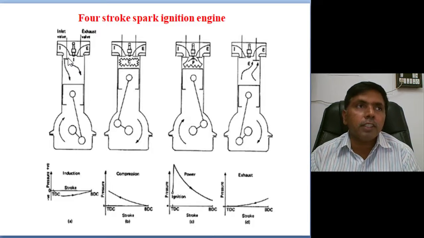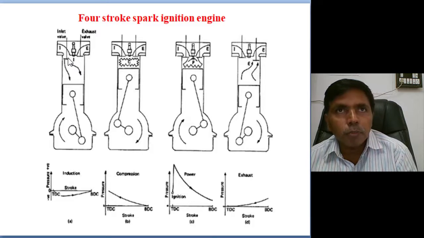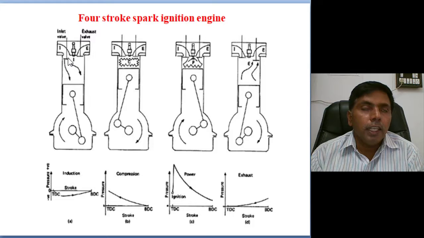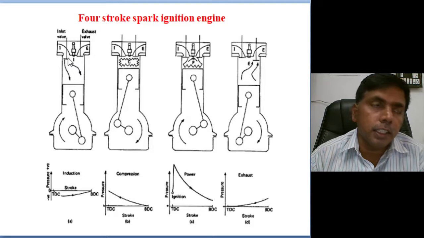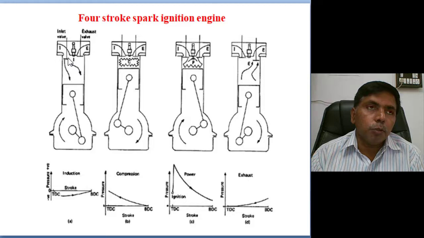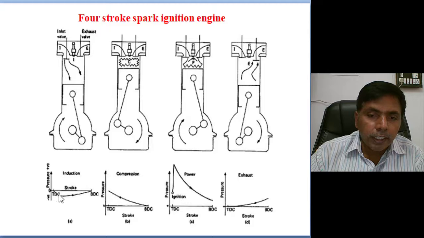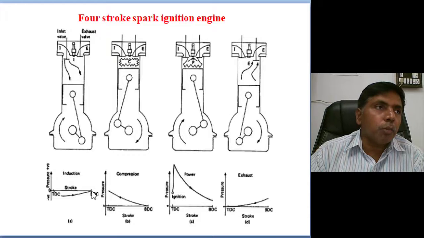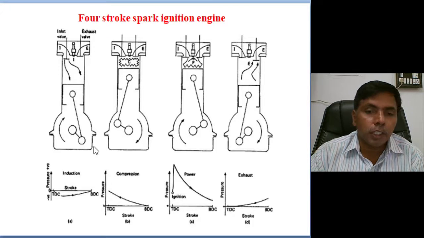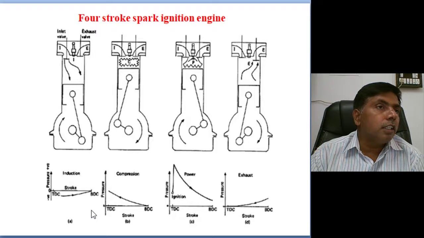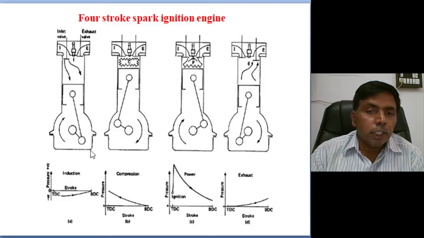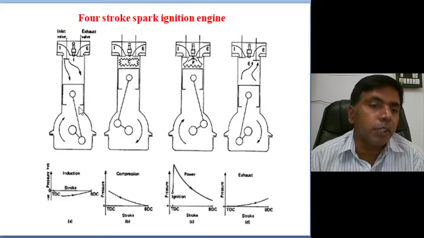Due to the pressure difference, the air fuel mixture prepared inside the carburetor will enter into the cylinder while the piston is moving from top dead center to bottom dead center. At the end, the pressure inside the cylinder also reaches nearer to ambient pressure after suction of the air fuel mixture. At the end of the BDC, it will reach ambient pressure. Once it reaches ambient, the suction is completed.